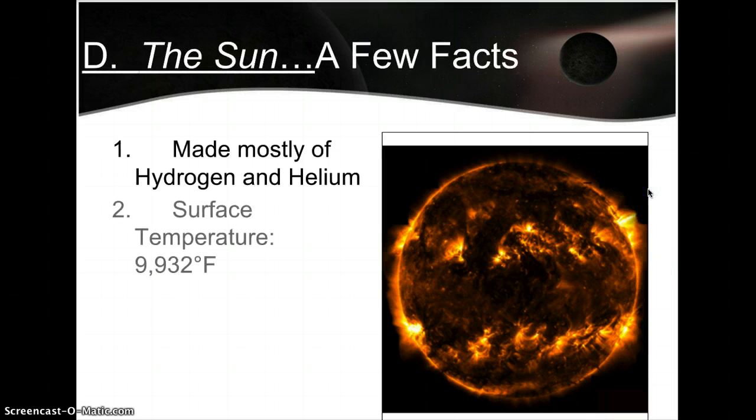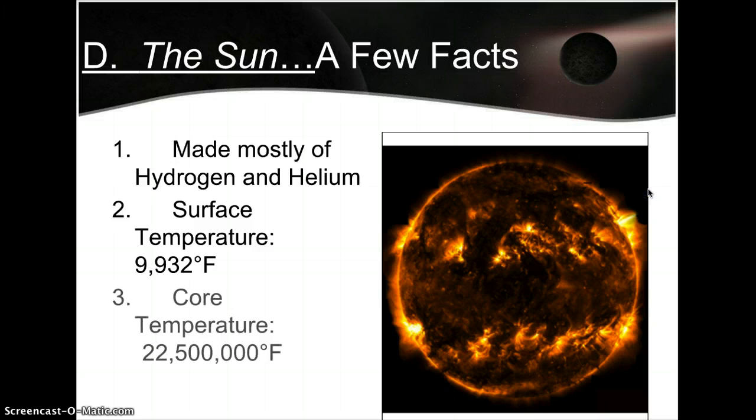One of those things is the sun. We know a lot about the sun as well. We know it's made mostly of hydrogen and helium. We know it has a surface temperature of 9,932 degrees Fahrenheit and a core temperature of 22 million degrees Fahrenheit. Even though the sun is not very close to us, we still know a significant amount of information about it. Now the question becomes, how do we